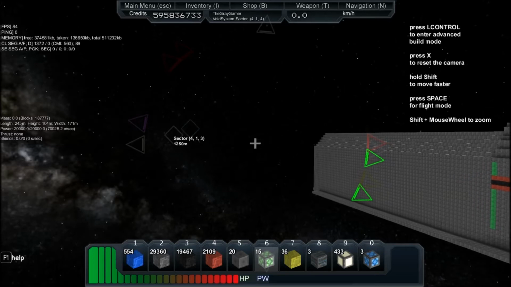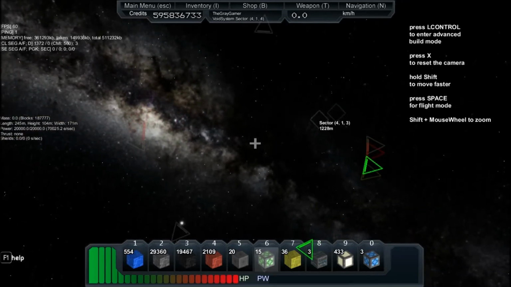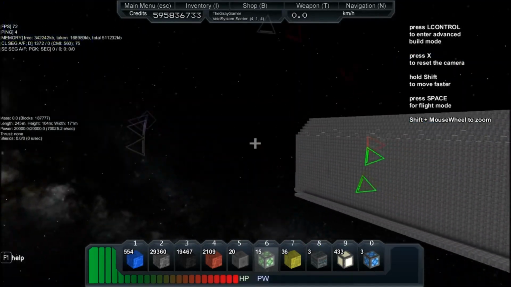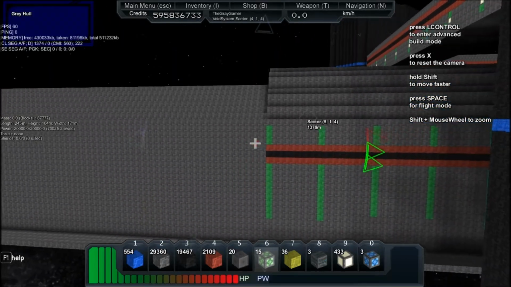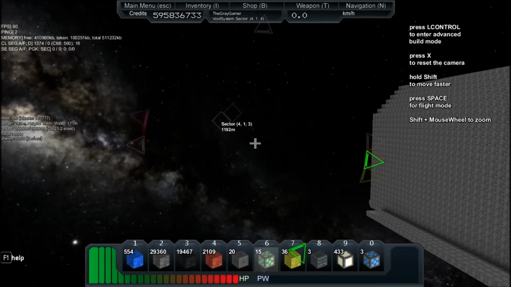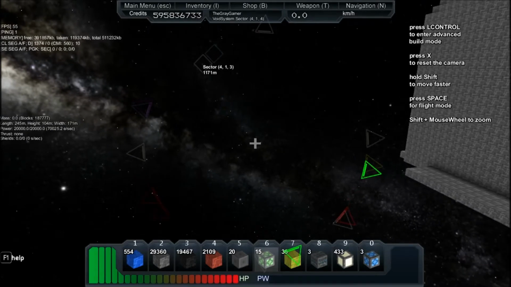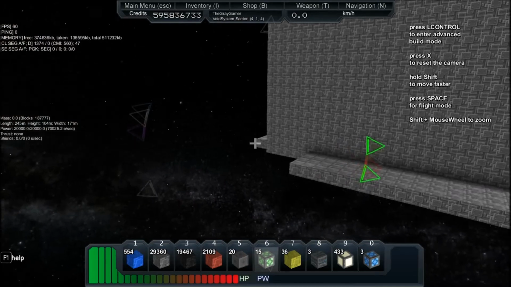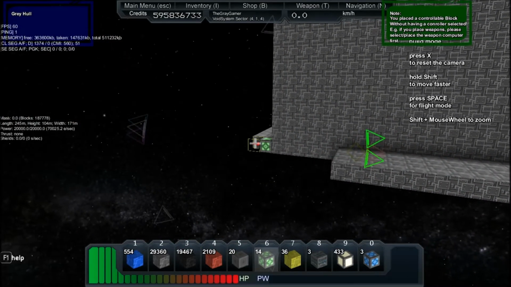And before I did that, I was taking damage. And as you can see, this is the original length of the one bay, and I extended it out. And I'm still working on finishing it. But this is going to be the bay that I'm going to use to build my main ship in, and that's what I'm going to